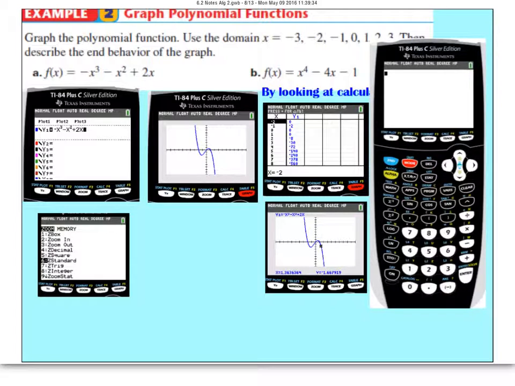Now you can either do a quick sketch onto your paper, or if you want to get nice ordered pairs for this, you can select the table feature, which is right above the graph. To access the word table, you're going to hit second, and then graph, or second and then table, and you will get this feature here. And you can scroll up and down on the positive and negative x's, and it will give you various ordered